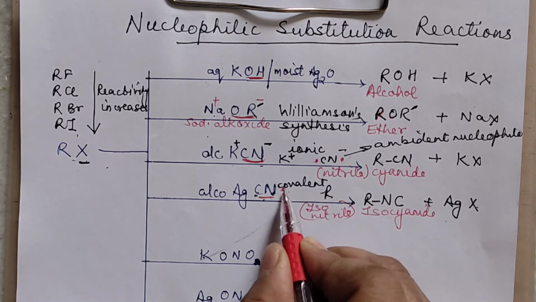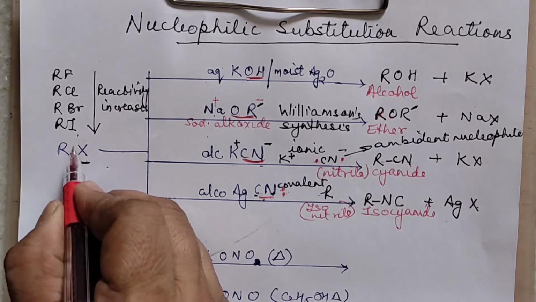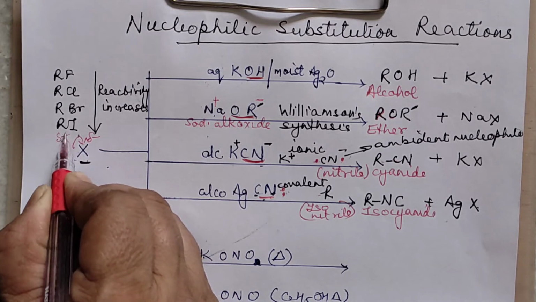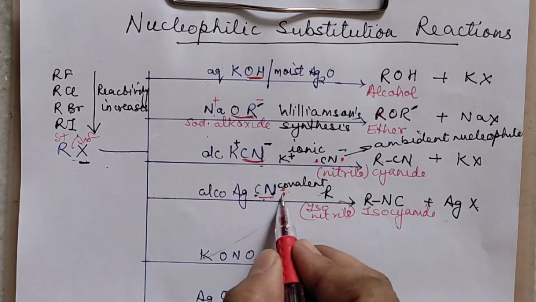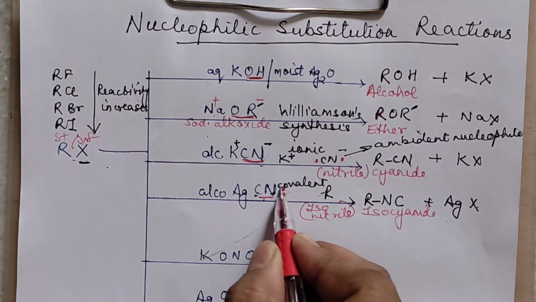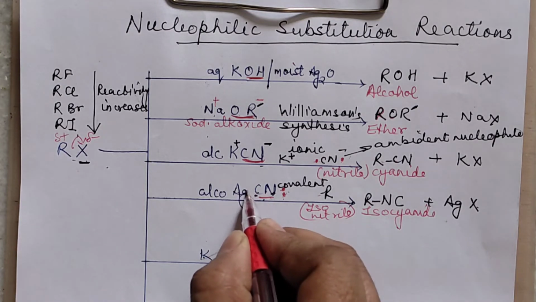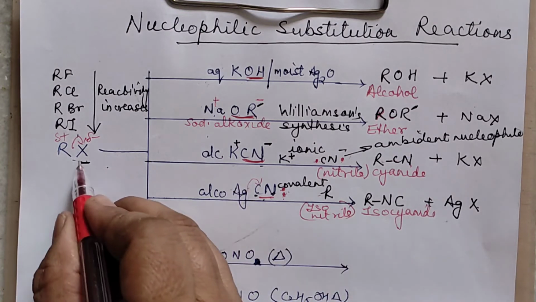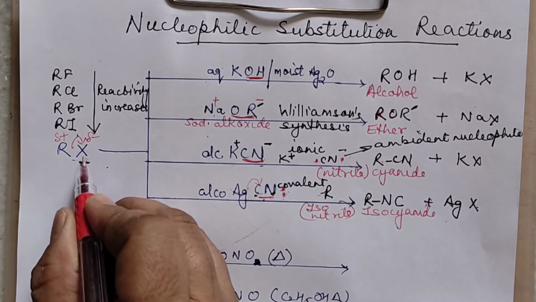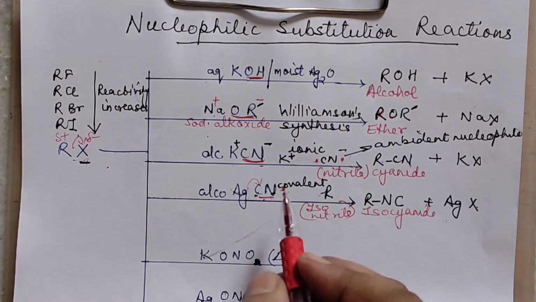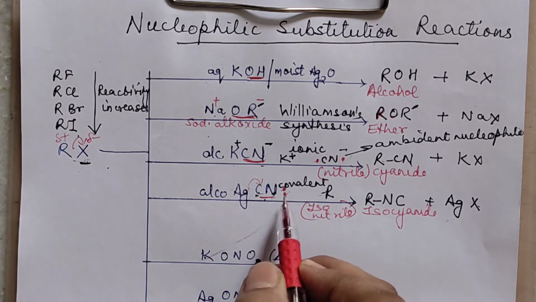This is given to R to form a bond because the R has a partial positive and the other end a partial negative as this bond breaks. So this R with partial positive forms a bond with the lone pair of electrons coming from here. When this has gone here, the Ag also pushes the electron and it comes out as Ag plus. So this Ag plus and this X minus will form a bond. It's not actually ionizing. In one step everything happens.